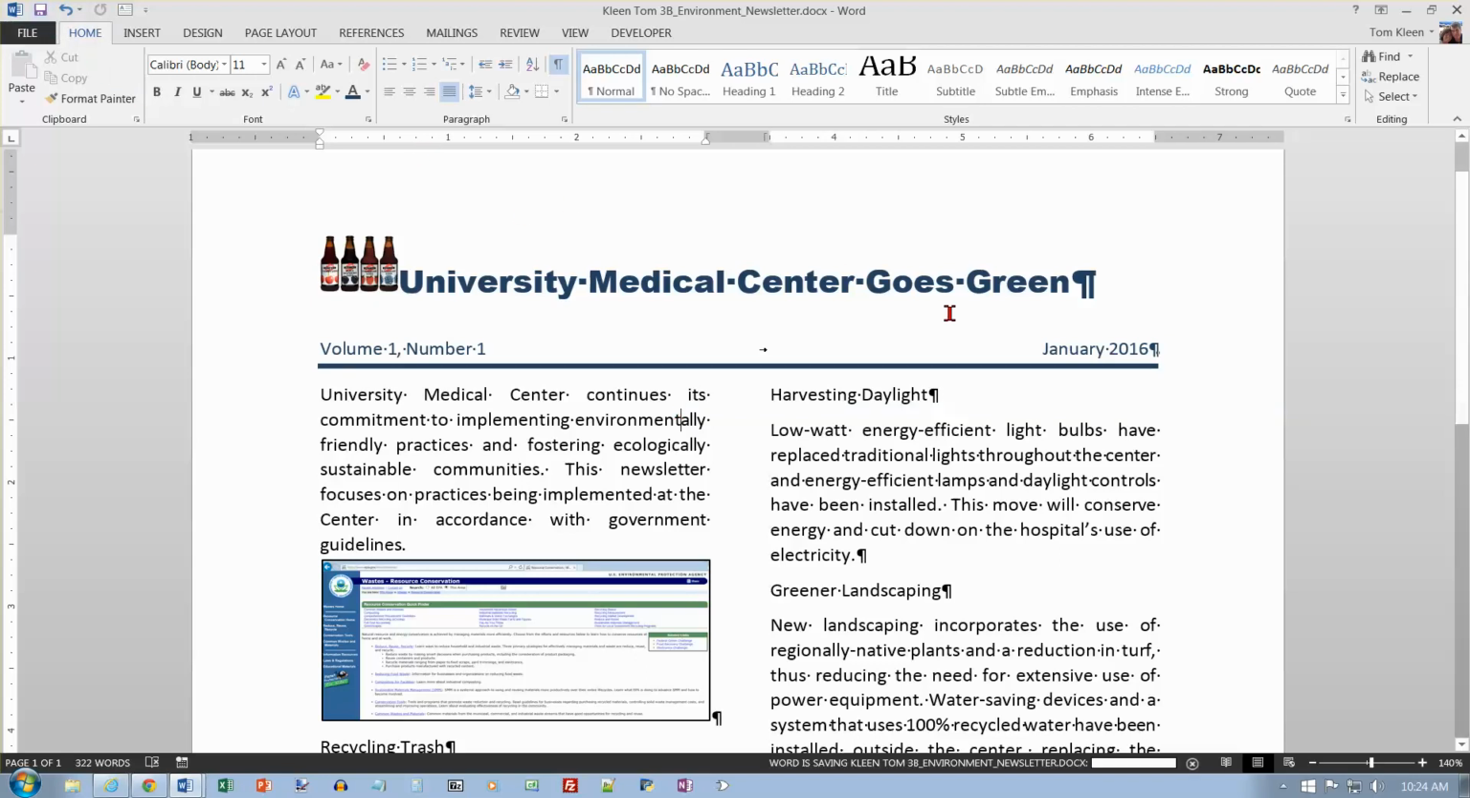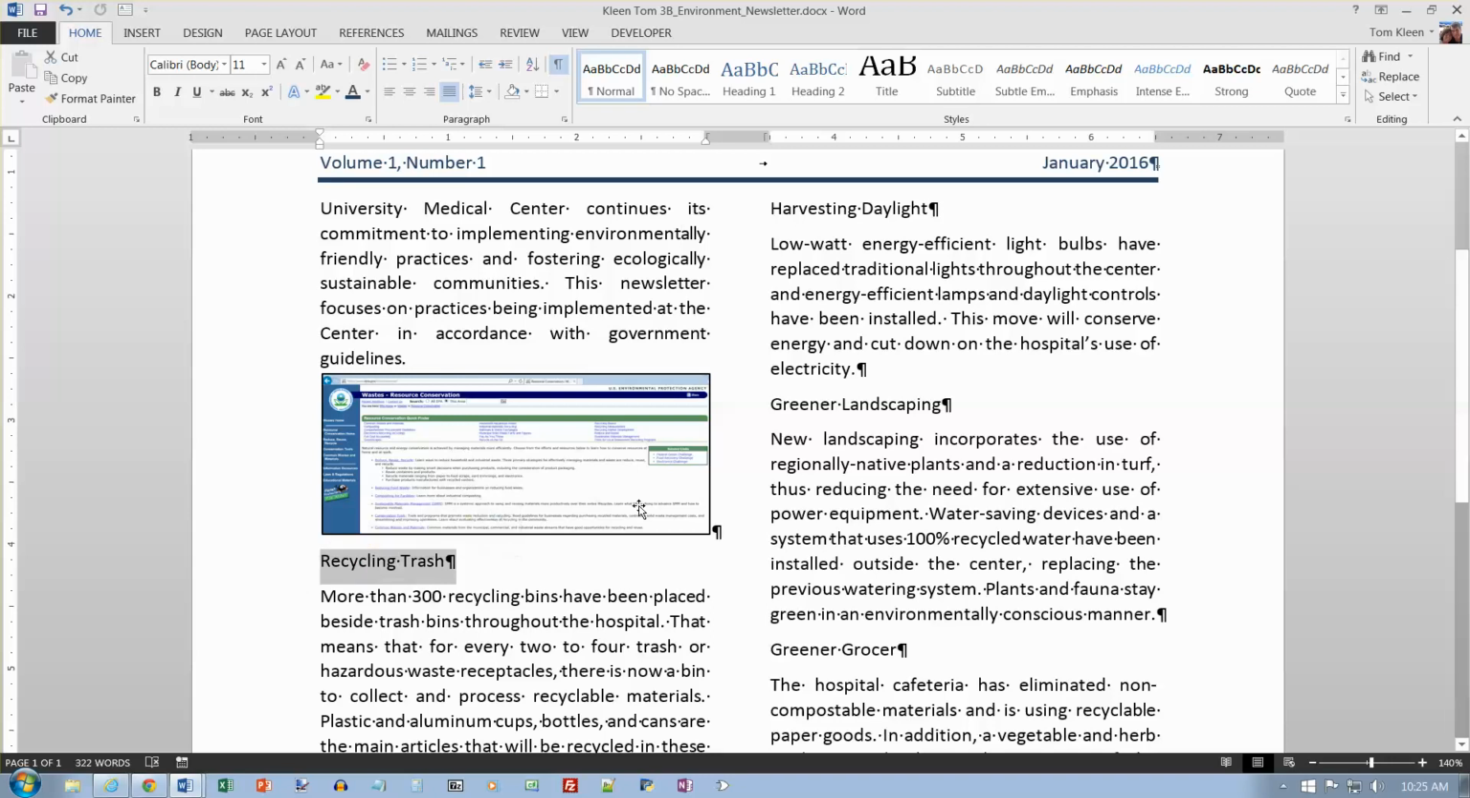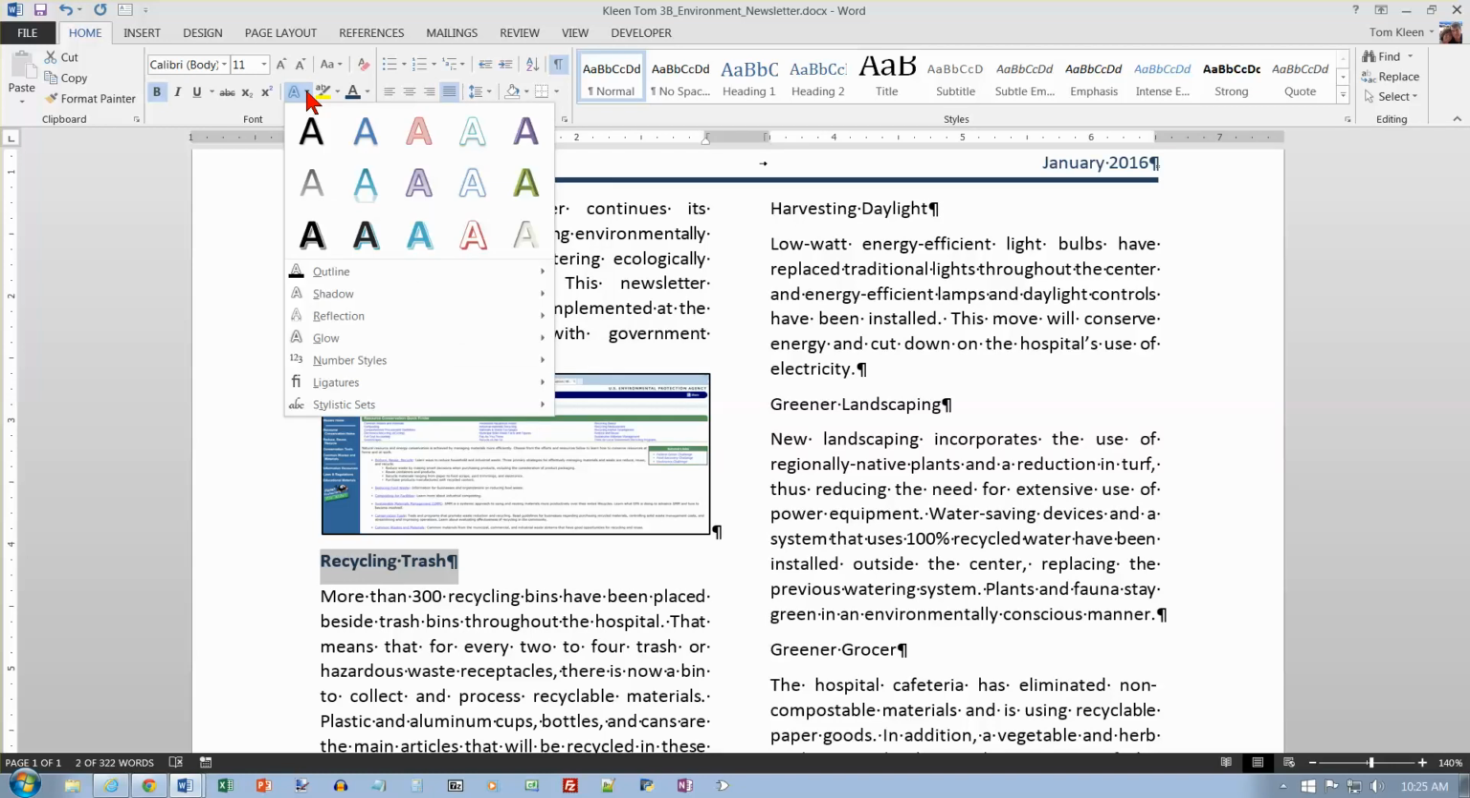And now we're on to page 265, and here's recycling trash, and what I want to do is change this to blue, fifth column, the last color. So fifth column, last color, and under font style I want bold, and under effects, and that is right here,